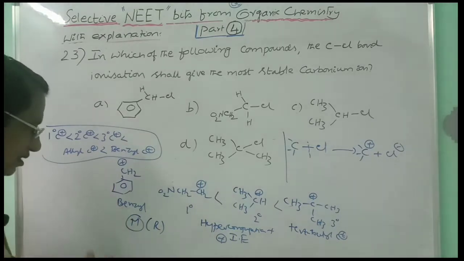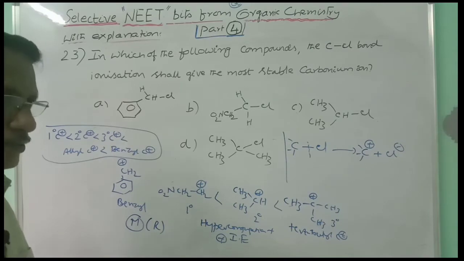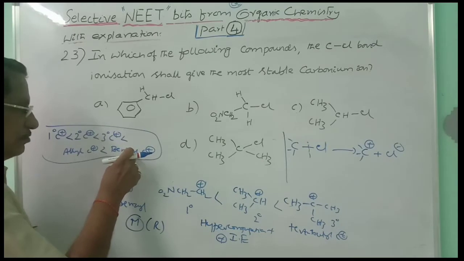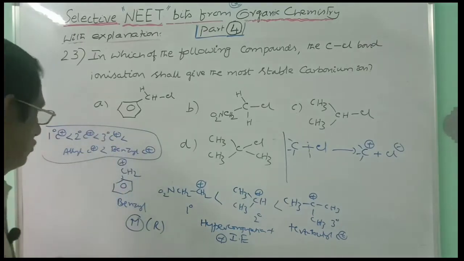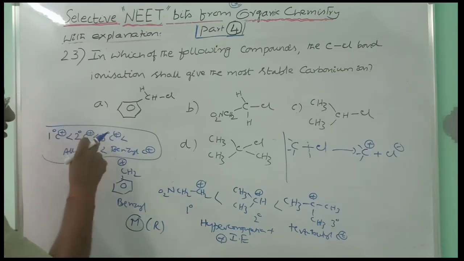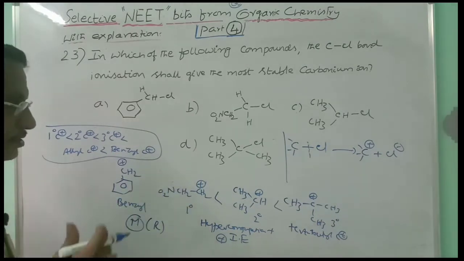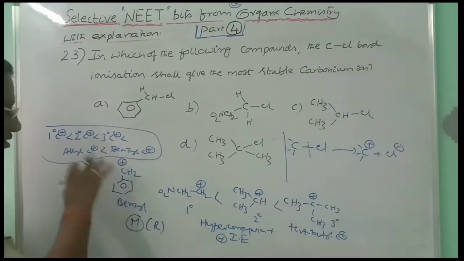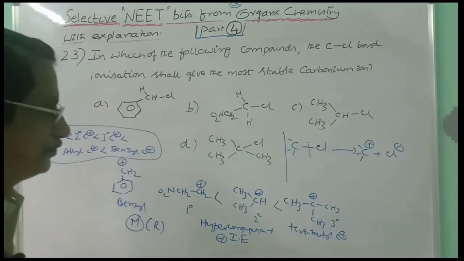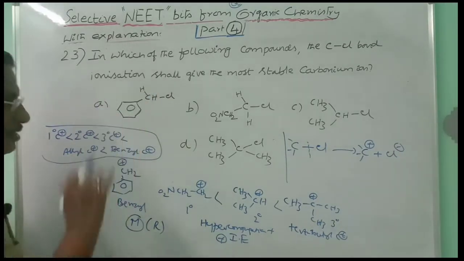So, based on that, whenever the carbocation is stabilized by the mesomeric effect, then you have to say that it has the most stability. Out of these two, more resonance forms will be there in the case of benzyl carbocation, and that is why benzyl carbocation is more stable than allyl carbocation. And there is no such resonance here. It is only hyperconjugative resonance forms, but not the pi bond resonance forms. So in these cases, this is the general order. Okay, well and good. Now, based on that, this should be the answer. A should be the answer.